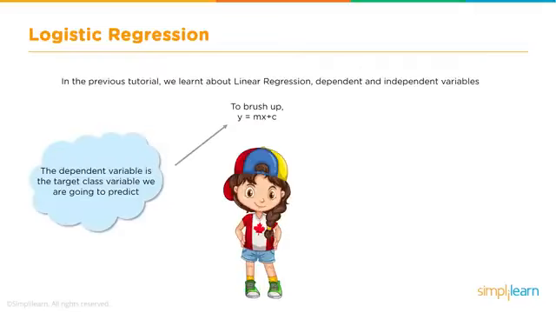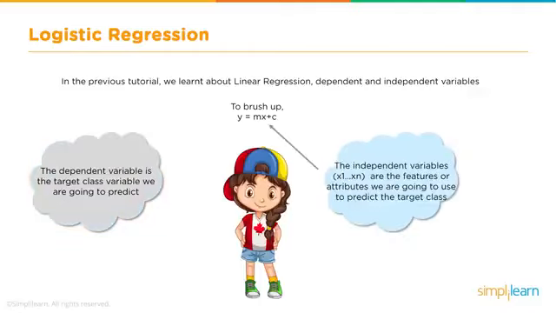In the previous tutorial, we learned about linear regression, dependent and independent variables. So, to brush up, y equals mx plus c. Very basic algebraic function of y and x. The dependent variable is the target class variable we are going to predict. The independent variables, x1 all the way up to xn, are the features or attributes we're going to use to